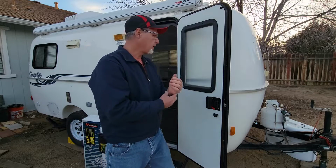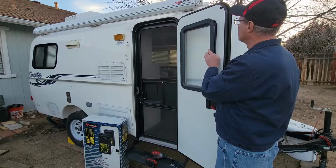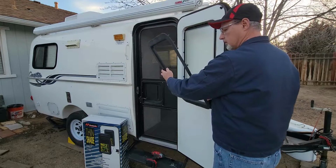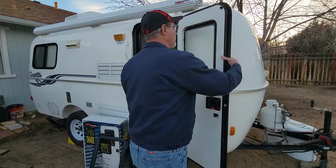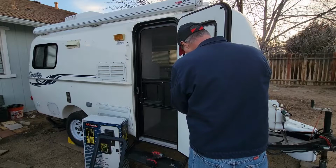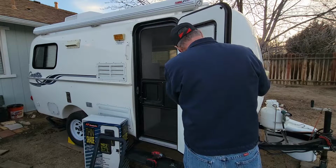Okay, now that we have that off, I'm going to hold the window just in case. This should just come out. That's what it looks like. And on the other side, I believe that this has got caulking on it, so